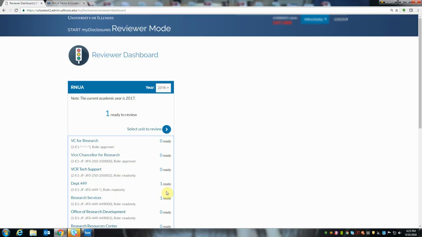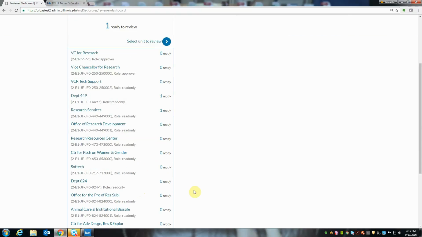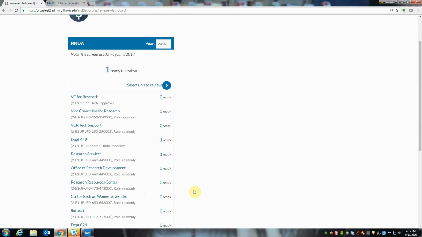So you can remind those units that you administer that they need to complete that process. But the advantage, again, of having completed the RNUAs from 2016 is that the RNUA is complete. It's been through the whole process. The university has fulfilled its obligation, as well as the information being available to the employee, so that that employee,